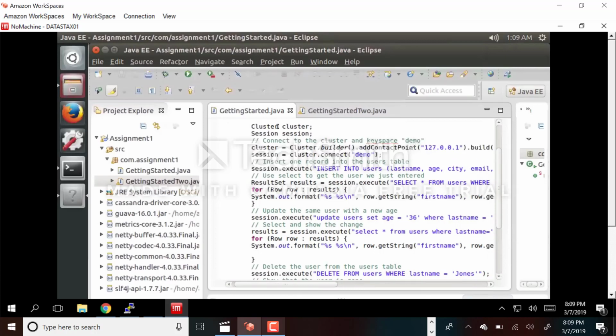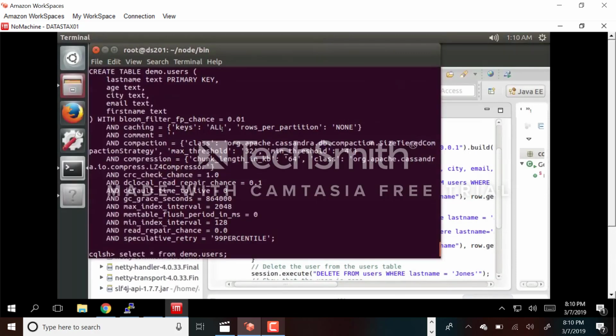So this is the cluster object and this is the session object. This statement is used to connect to my cluster, and this is my local IP address. This statement is used to connect to my keyspace, that is demo. We have to make sure that we have a keyspace with this name. And let's go to Cassandra